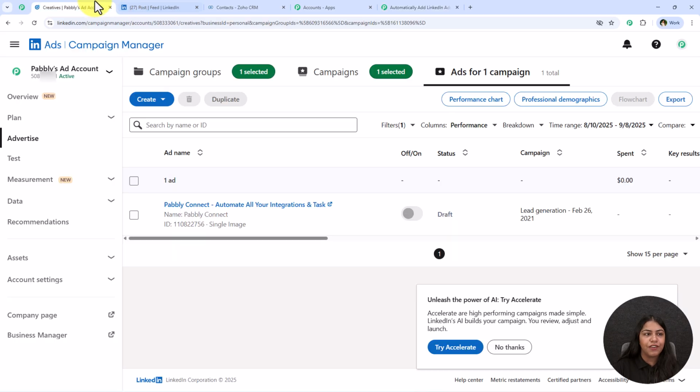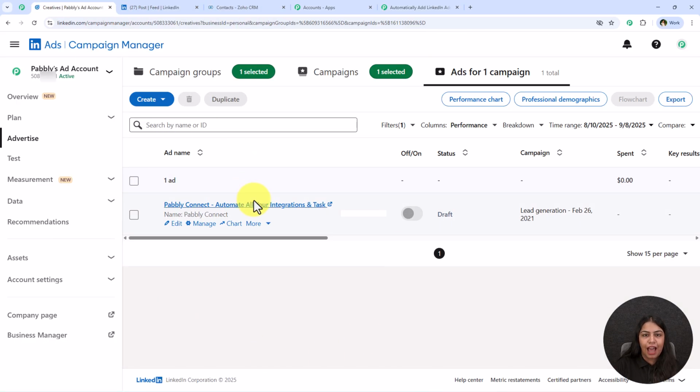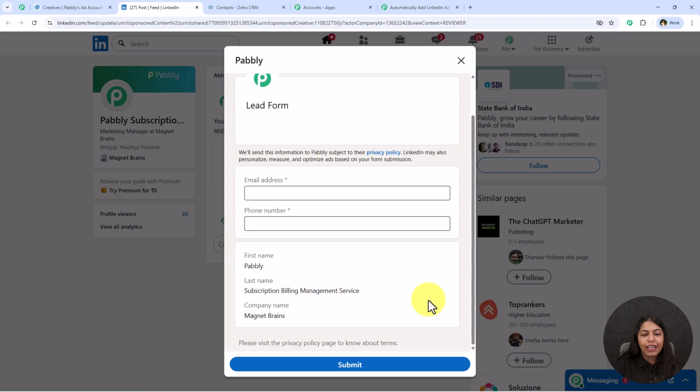submission? For that, we have to open our LinkedIn, and as you can see that this is the campaign which I am using, and this is a test campaign. Not only this, you're going to see that this is the ad which I'm running on LinkedIn, and now what I'm going to do is I'm going to click on this apply now, and I'm going to fill in this